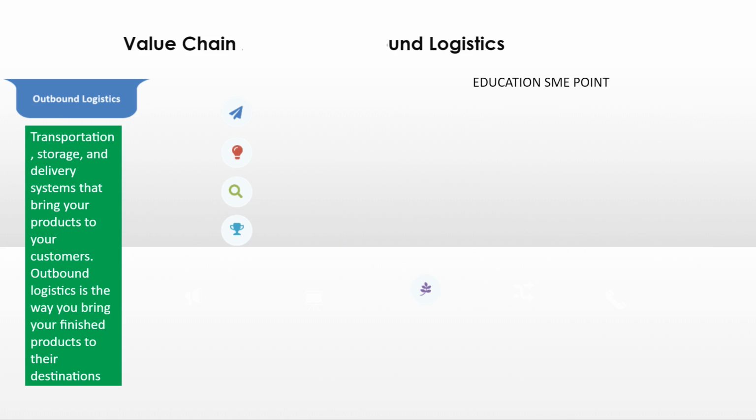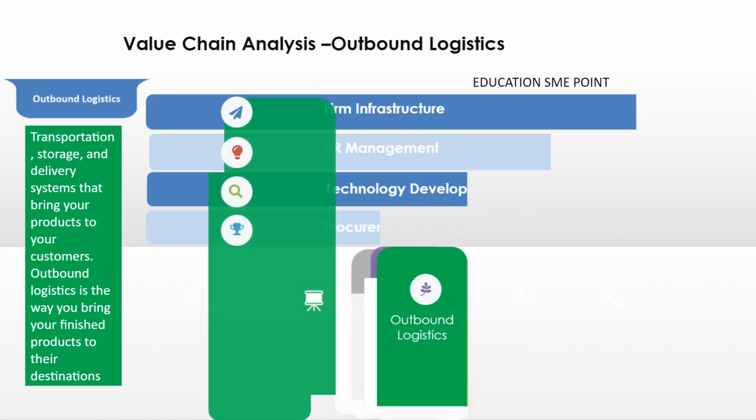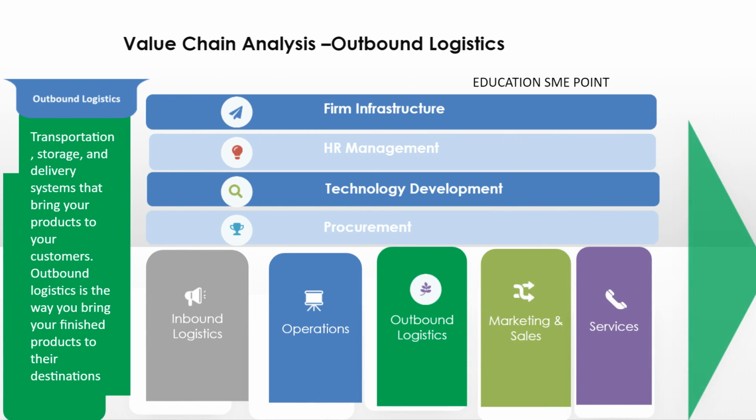Outbound logistics. These activities deliver your product or service to your customer. These are things like collection, storage, and distribution systems, and they may be internal or external to your organization. Once products have been manufactured, they are ready to be distributed to distribution centers, wholesalers, retailers or customers. Distribution of finished goods is known as outbound logistics. Outbound logistics is the distribution of the final product to consumers.